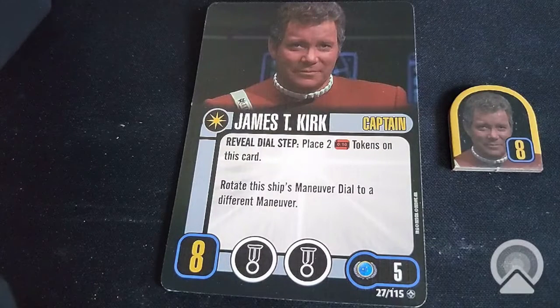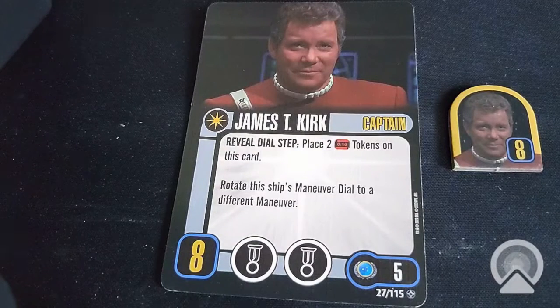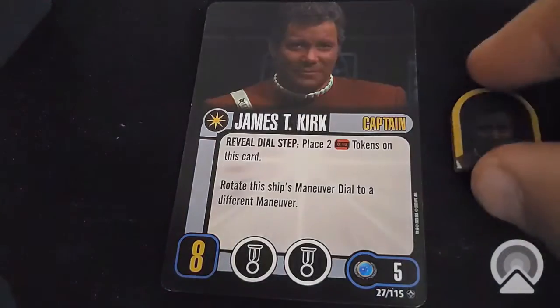This ability seems to fit him so well. That, oh yeah, Kirk's going to do this. Oh wait, no he's not, because he's unorthodox and does different things, and he's a cowboy captain. So I think the ability fits. I think this card's going to work really well in today's meta too. And again, there's some things that we can do with this card that we'll definitely get to when we start